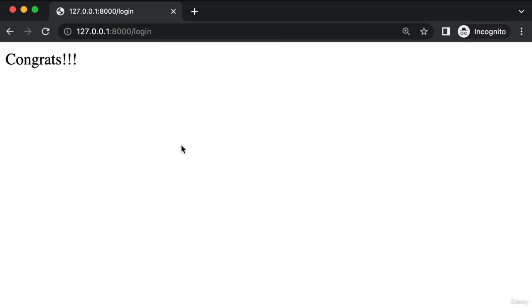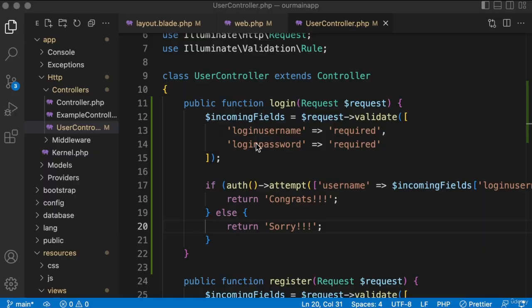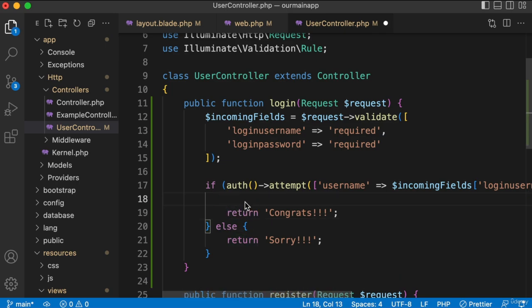Now, instead of just returning a simple string of text that says congrats or sorry, we would actually want to log them in if it's successful. Let me show you how to do that right now. So back in our user controller, we can actually temporarily leave the return congrats, but in that if block, just right above return, so right here, in addition, let's say